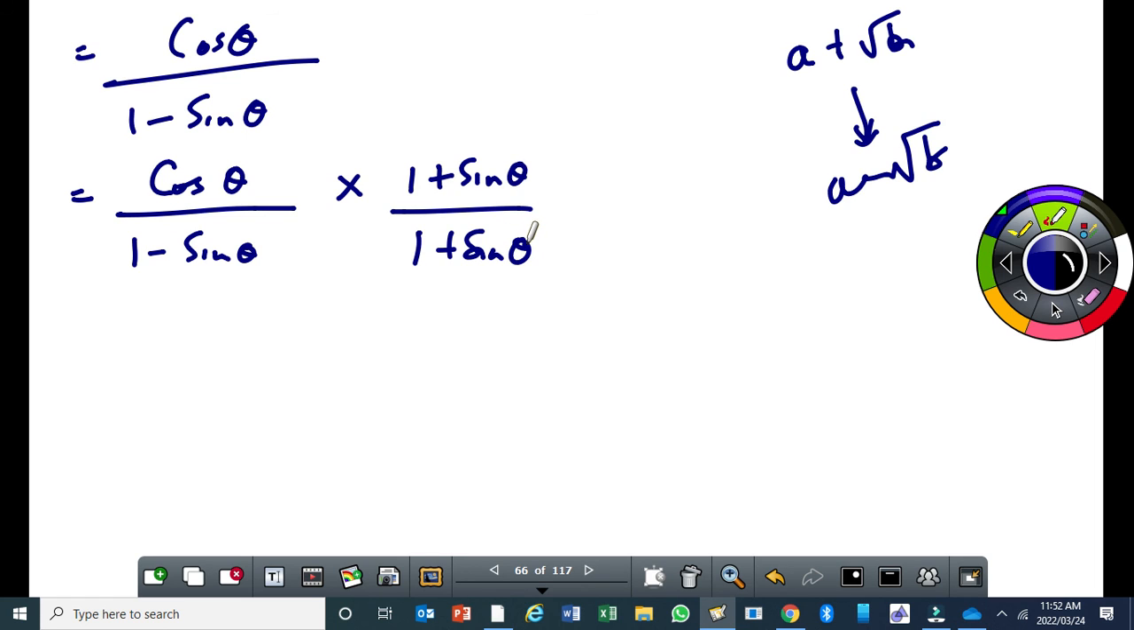Yes, but what is this equal to? 1. Okay? So we will end up getting